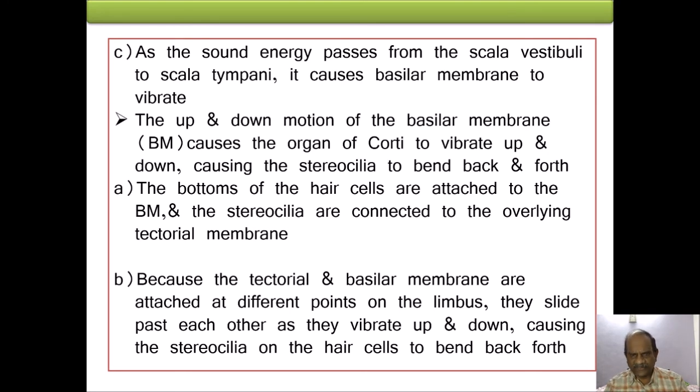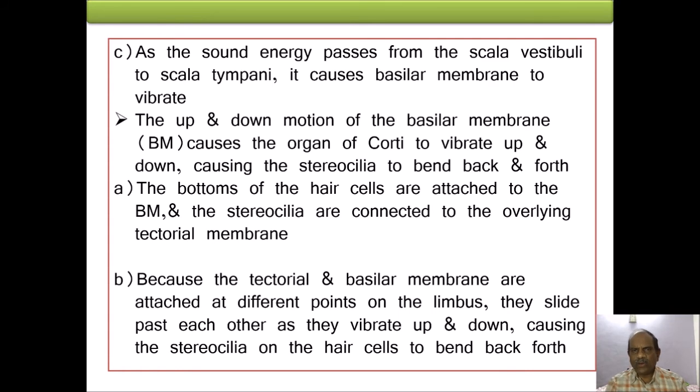Second, because the tectorial and the basilar membrane are attached at different points on the limbus, they slide past each other as they vibrate up and down,